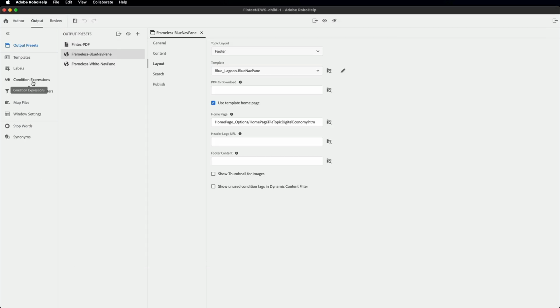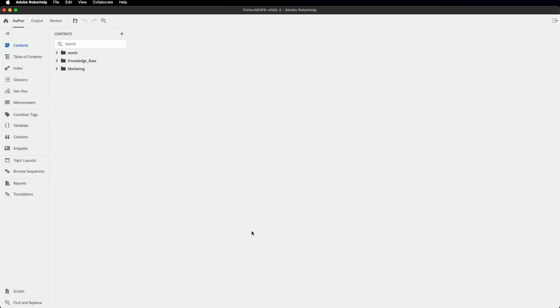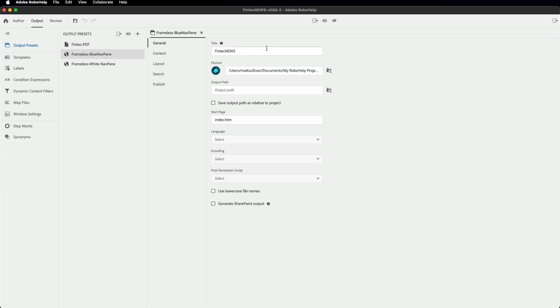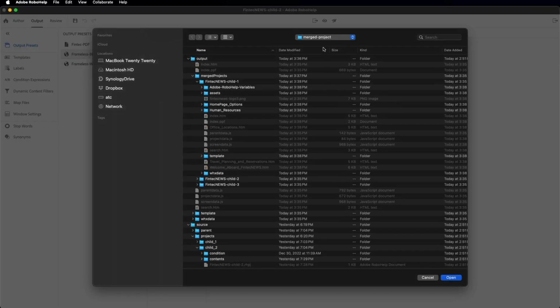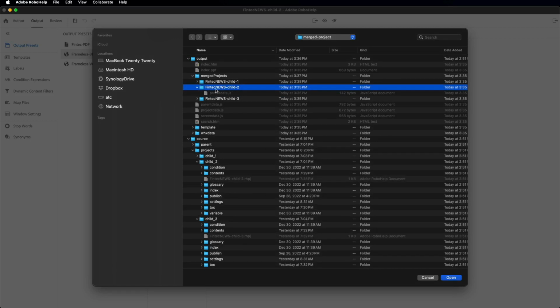Back into RoboHelp. FinTech News Child 1 looks to be in good shape. Do a save, do a close, and then rinse and repeat for Child 2. I'm going to go to Output, Frameless Blue Nav Pane, FinTech News. I need an output path. I'm going to take that output path and make sure that in my merge projects, I have a Child 2, which is roughly speaking empty right now. I'm going to open that up,